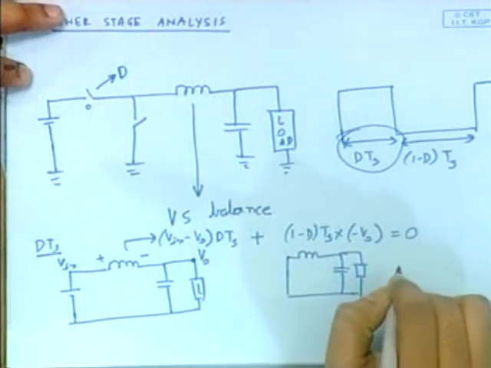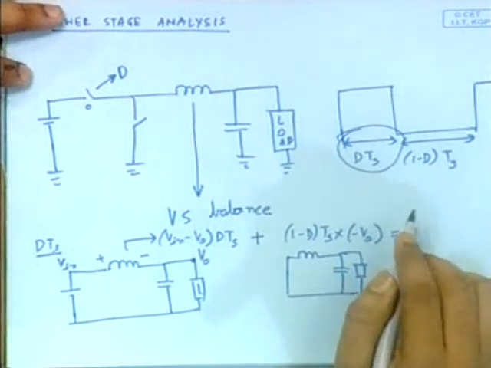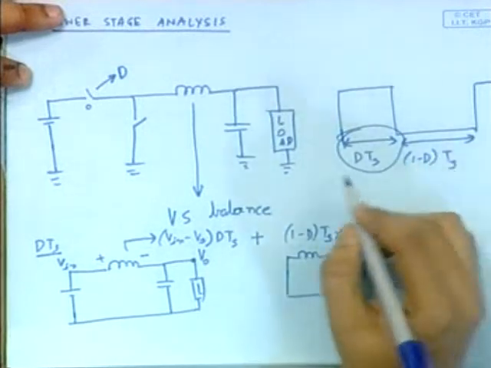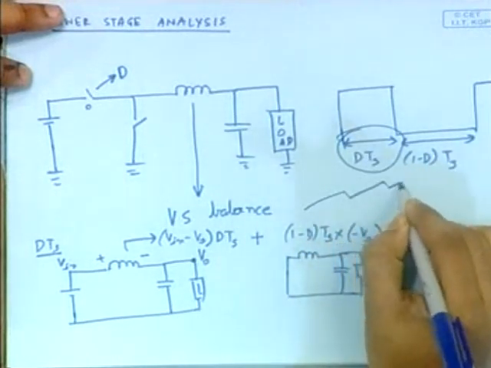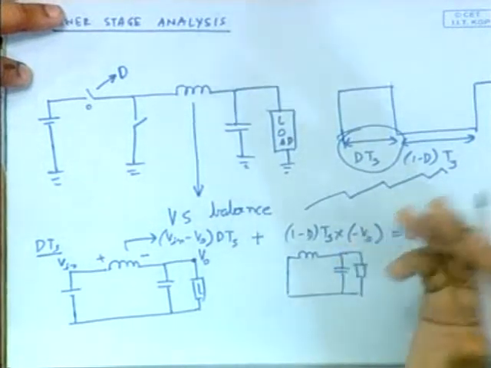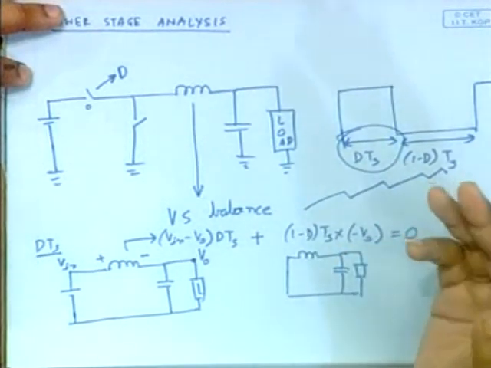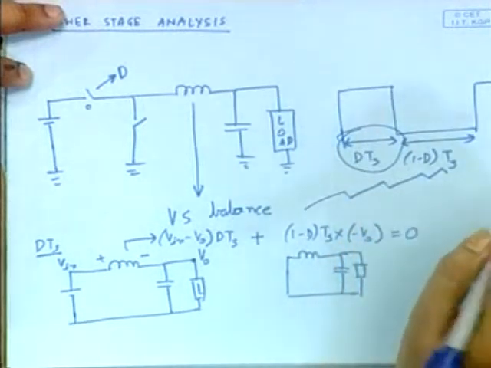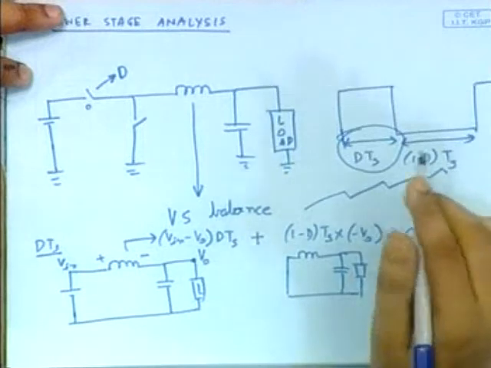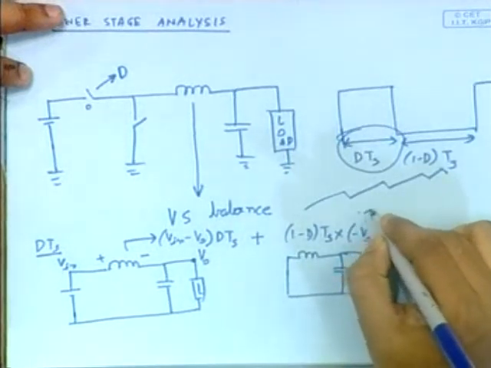Where does this come from? This comes from the fact that if this circuit has to be stable, it cannot blow up. Suppose your inductor current blows up like this, it is unstable. But when we are designing the circuit, we are designing it for stable operation. For stable operation, this has to be bounded. Initially you may consider that for stable operation, this has to be periodic,